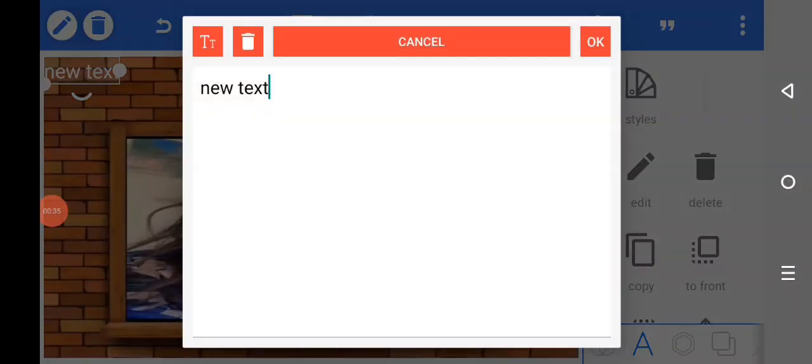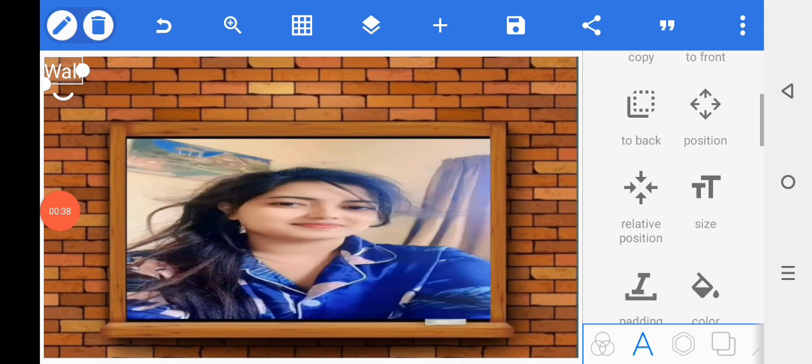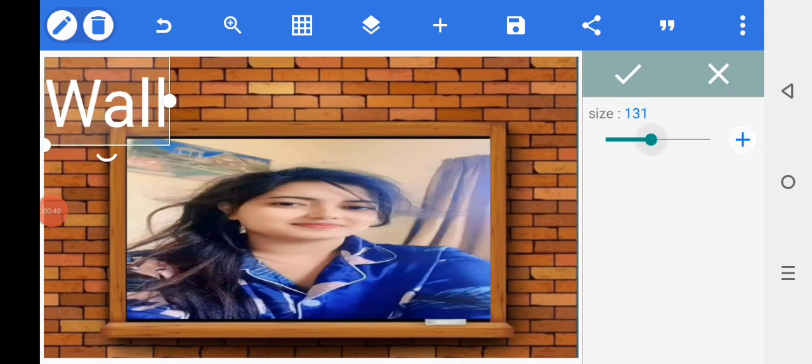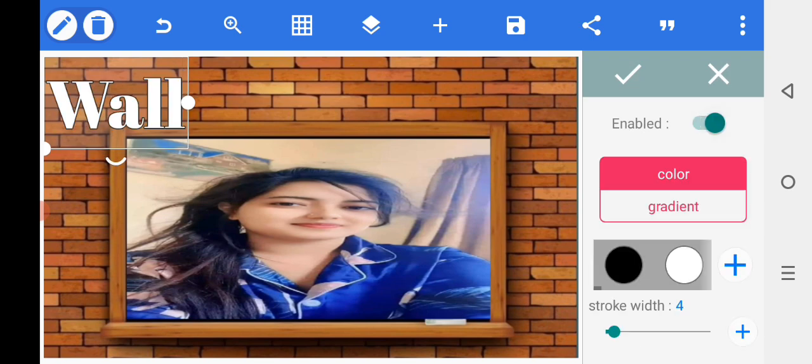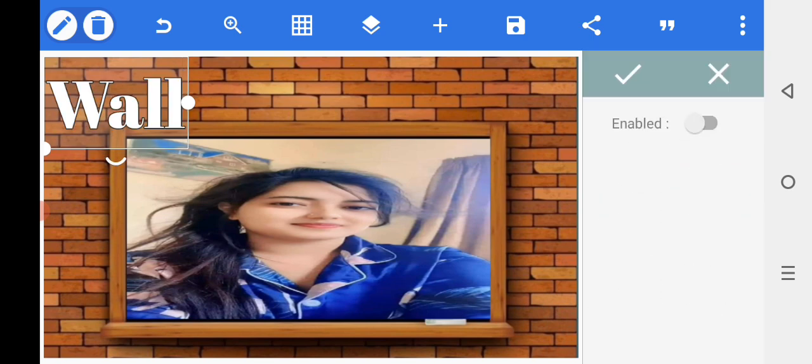select the text option, edit option by writing, select the size option, adjust the size, select the font option, adjust the font, select the stroke button, enable button down, adjust the color, select the shadow option, enable button down,